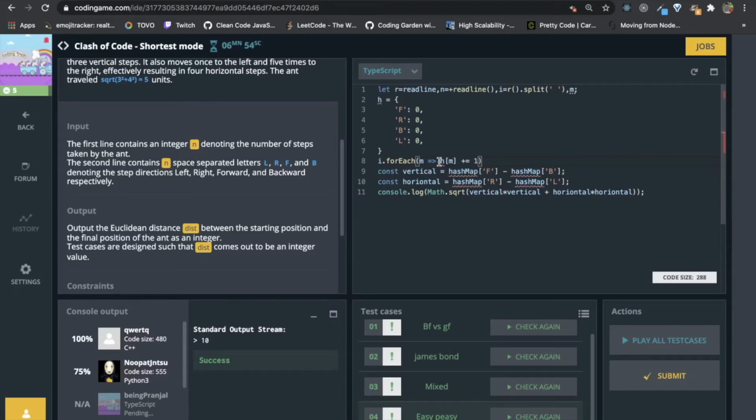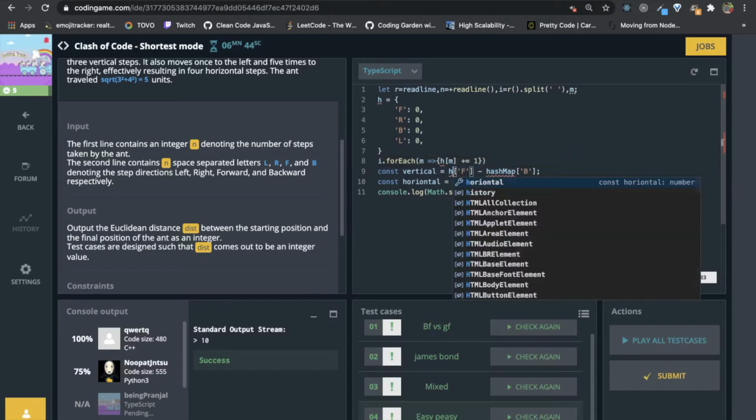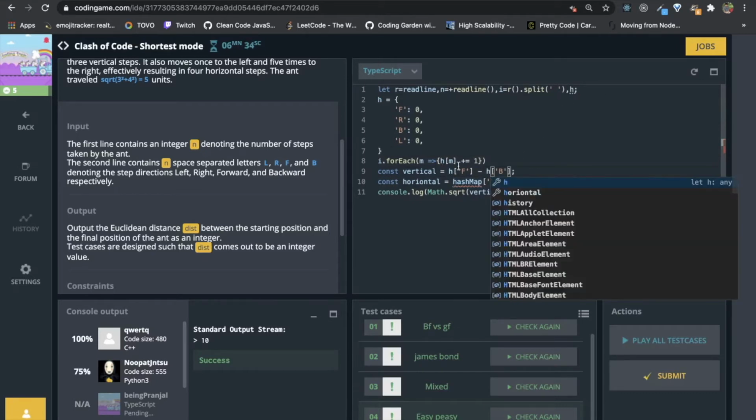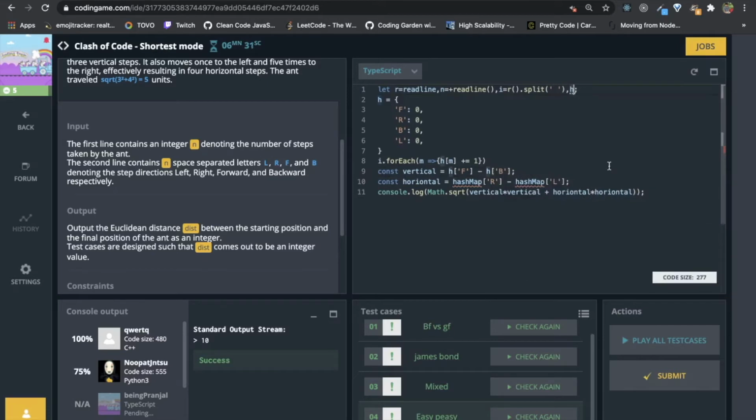Cannot find name H, so here it will be H. So here we can call vertical and horizontal. Here we can call it A and B for now. Okay, so 6 minutes are left.